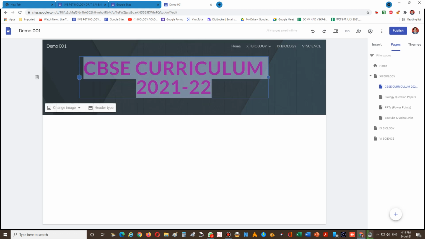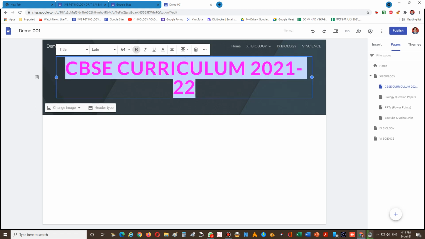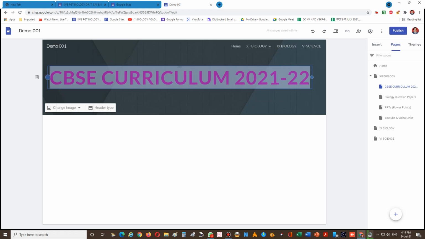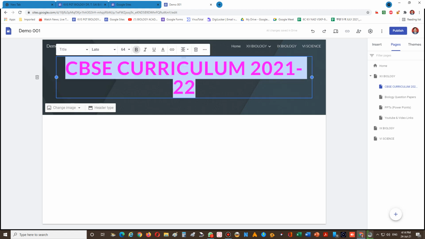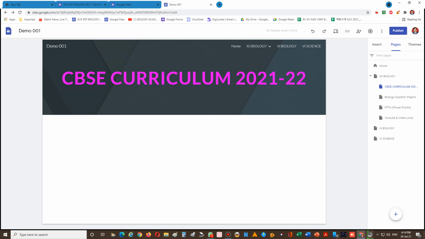Suppose you change the color like that. A little bit the font size you can reduce. 64 is there, I want to make 60. Okay, so like that you can change its color and other things.